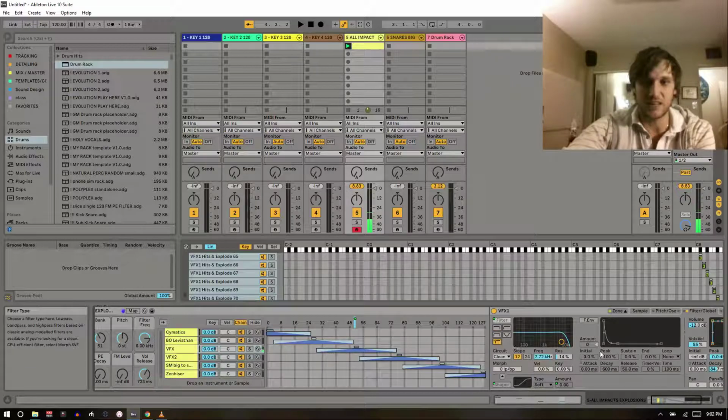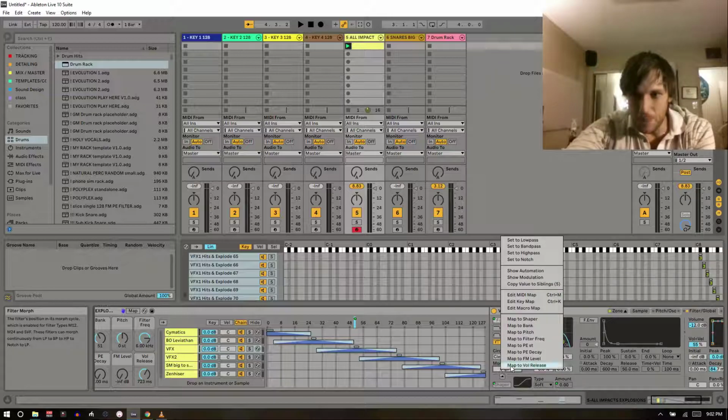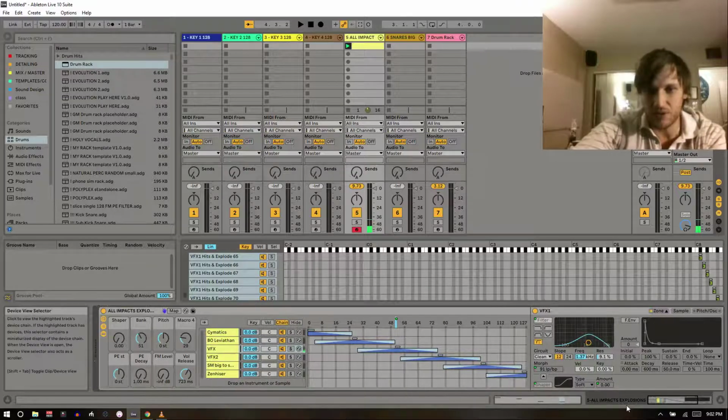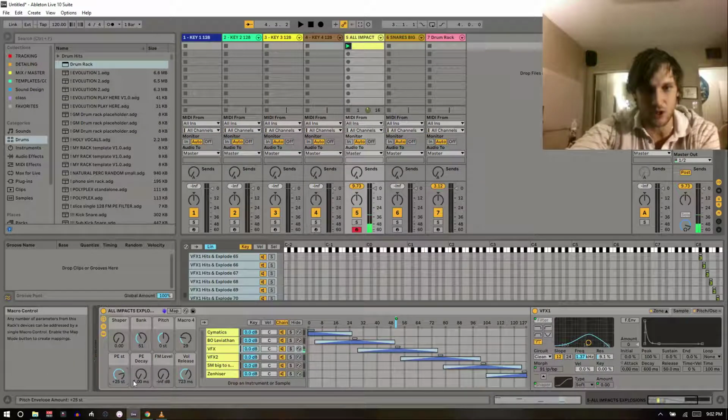And actually, I've also been getting into using these morph filters, right? So I'm more likely to map the morph knob to this one, or something like that. You get the point though. You've got filters, you've got pitch envelope stuff,